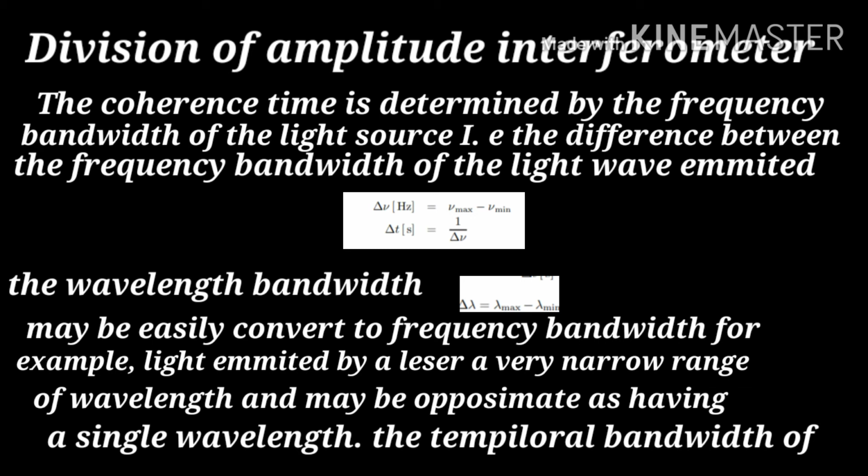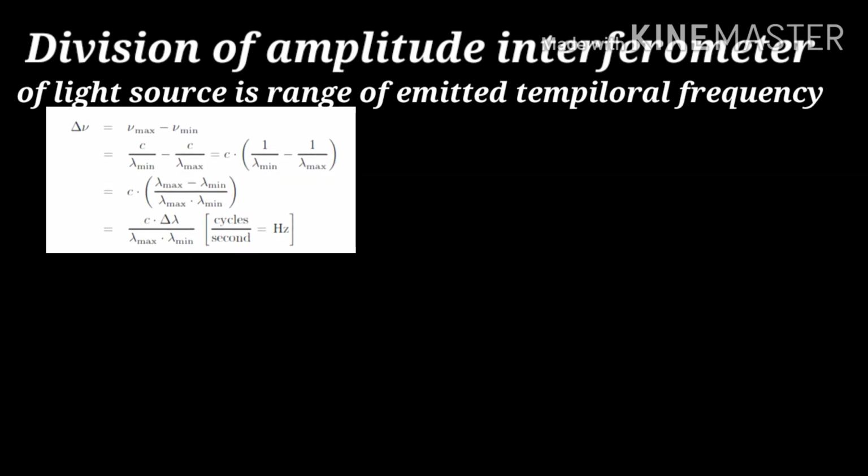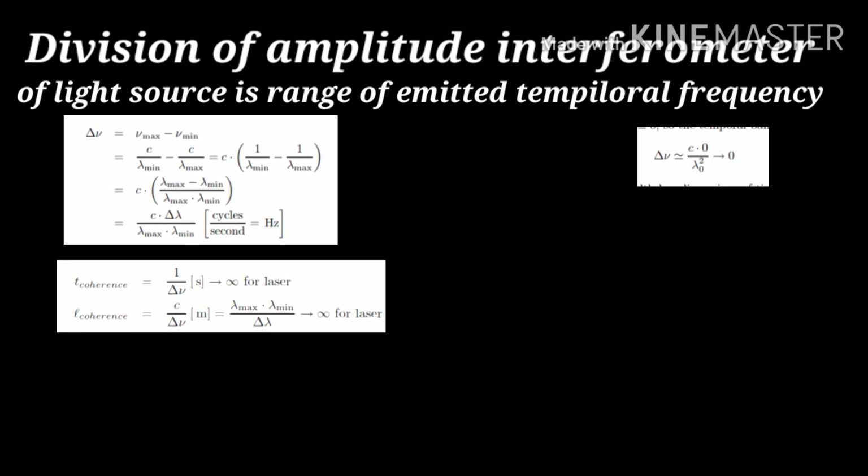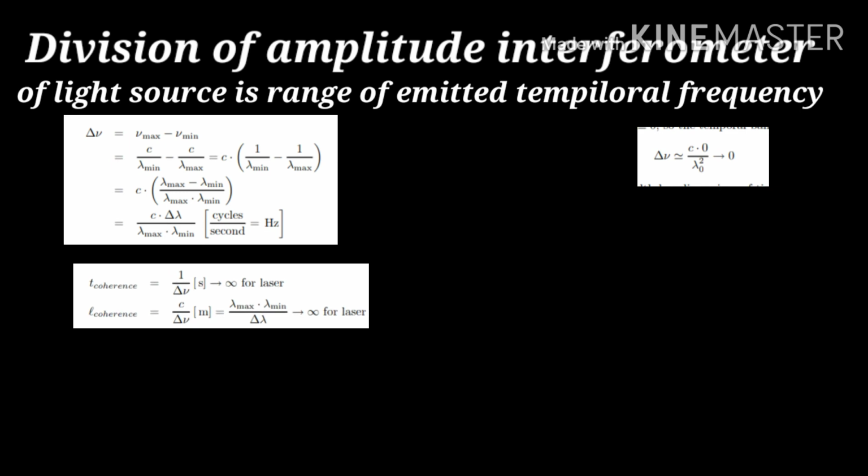The typical wavelength range of a light source gives the emitted frequency range: delta nu equals nu max minus nu min equals c by lambda min minus c by lambda max, equals c under bracket 1 by lambda min minus 1 by lambda max, then c into lambda max minus lambda min divided by lambda max into lambda min, then c into delta lambda divided by